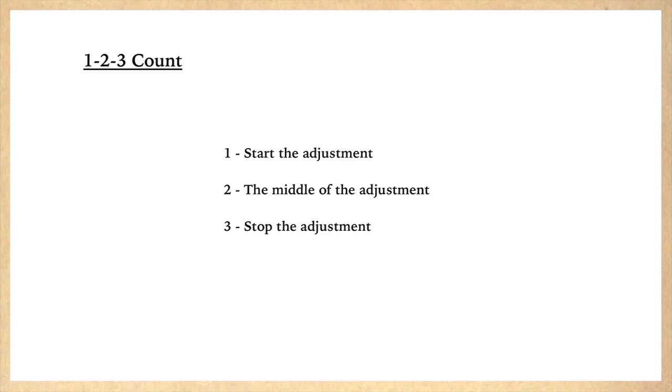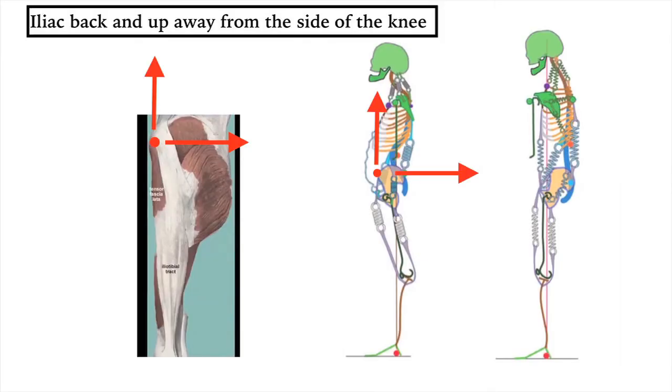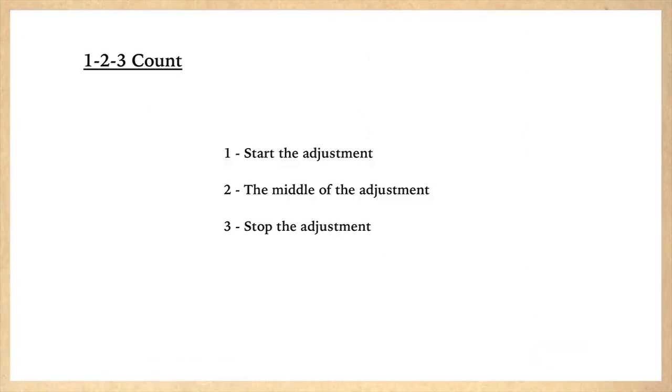So if the order is to pull the iliacs back and up away from the side of the knee, you would want to start moving the iliacs on 1, be moving the iliacs on 2, and stop moving the iliacs at 3. I want to emphasize that you really want to stop at 3. To take control over your movements, you need to be rationally in charge of when the adjustment starts and stops. And if you continue past 3, you will likely start using your feeling sense and not your rationality to guide